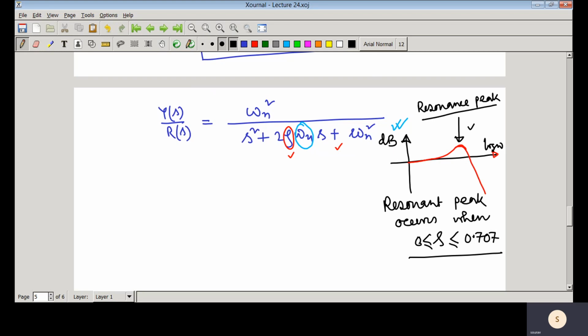So now this is that magnitude, and this particular magnitude is called MR, that is that resonant peak. So this resonant peak indicates what your damping ratio is, and it also gives us some information about relative stability. So if MR is very high, then that zeta value is very small and its stability is also very small.